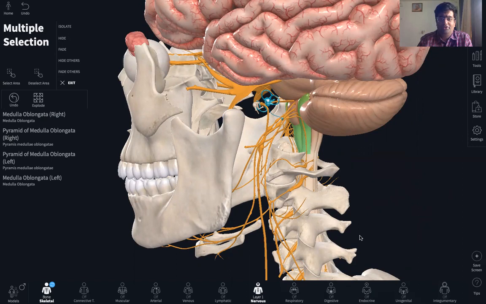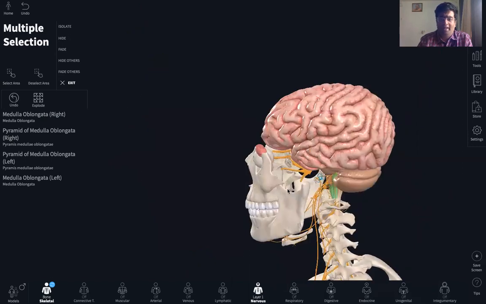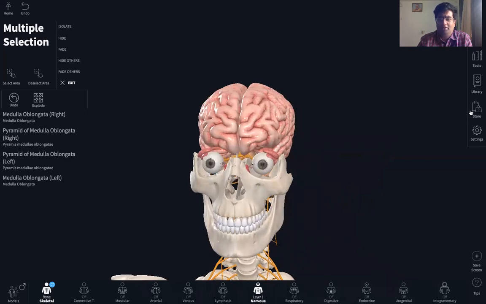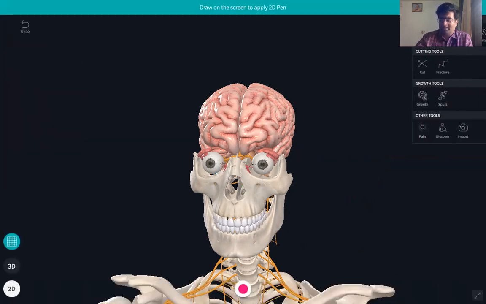Now the actual divisions of the brain are the forebrain, the midbrain, and the hindbrain. I repeat, the actual divisions of the brain are the forebrain, the midbrain, and the hindbrain. So I'll just write down the actual divisions of the brain and the various parts that come under them. Now, as far as the forebrain is concerned,